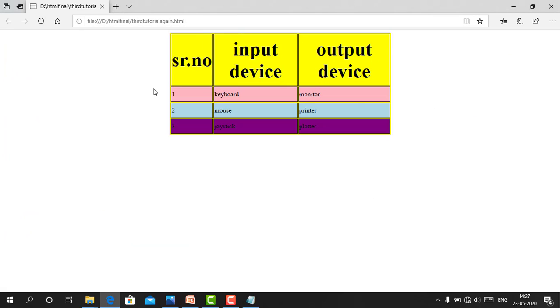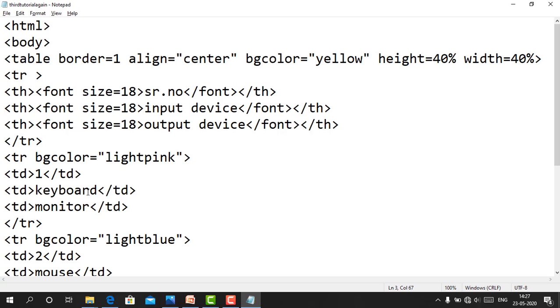Okay. We can put the keyboard and mouse in the center position also. So mouse and the keyboard in the center. So align equals to, in double quote, center. Double quote complete. Control S. By doing this, the keyboard and the monitor value should be in the center position.